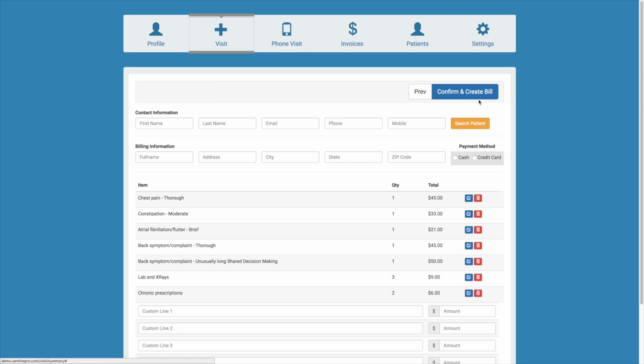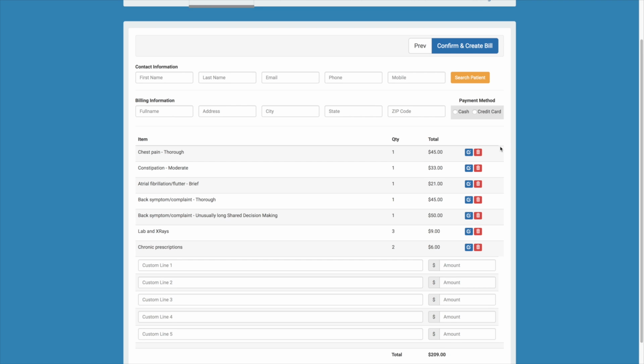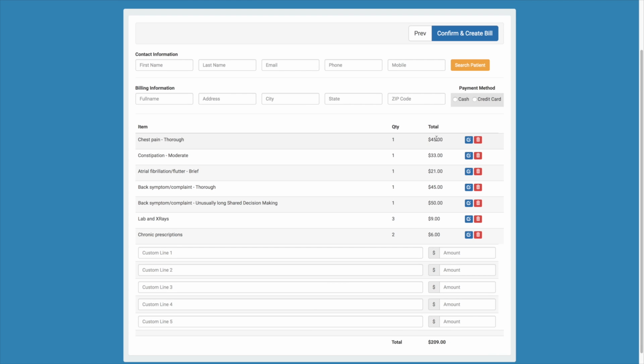So then the next page, you start to type in the patient's name, and it won't happen here on this demo version, but the system will start to recognize the letters and pull up options so you can click on their name, and then that'll auto-populate all of that information. This works because the patient had to pick you as their doctor when they sign up for the system in the first place. Then this is a preliminary bill, and as you can see, it's itemized, it's in language that